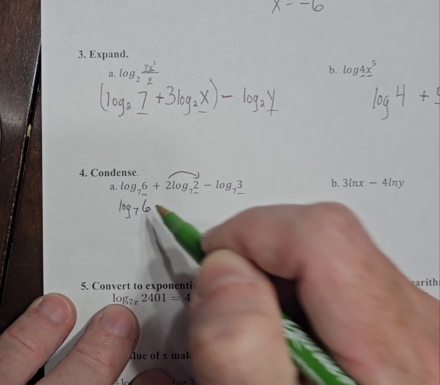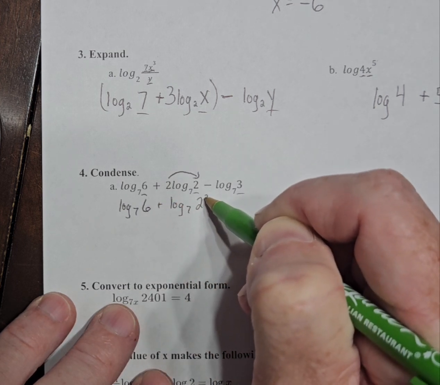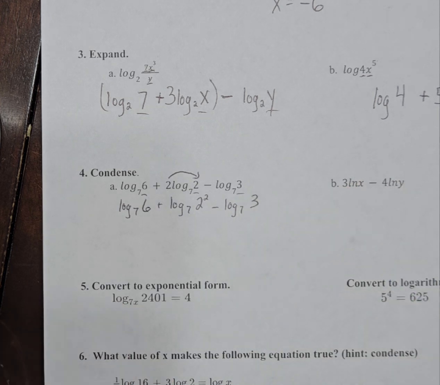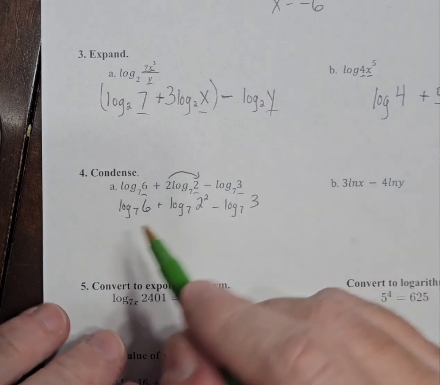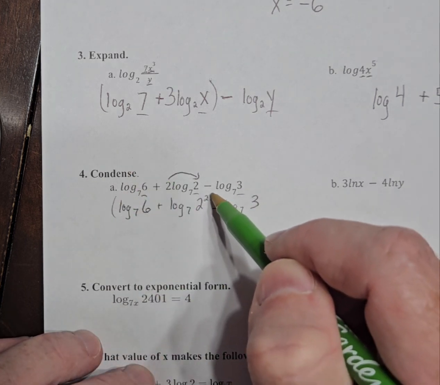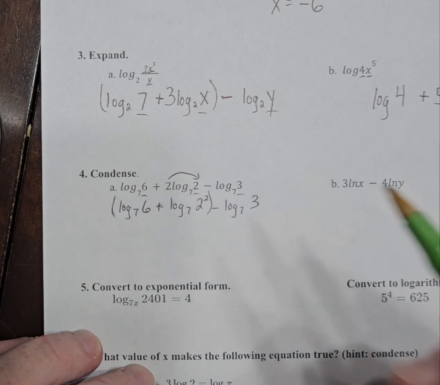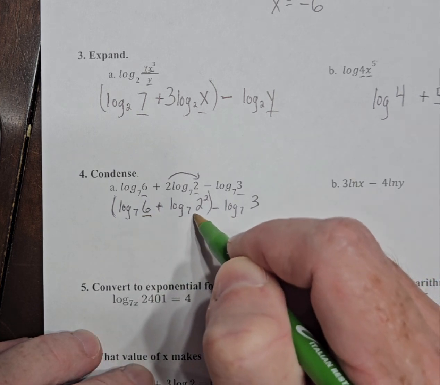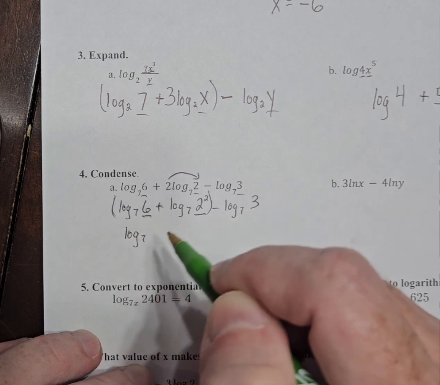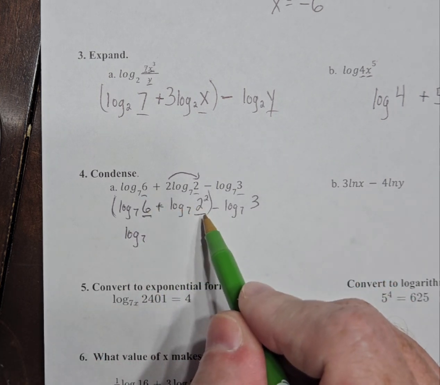Log base 7 of 6 plus log base 7 of 2 squared minus log base 7 of 3. All right, I'm going to go left to right, order of operations here. So I want to do these two first, the plus. Remember, adding is multiplying. So I'm going to multiply these two together. Log base 7, and if I do 6 times 2 squared